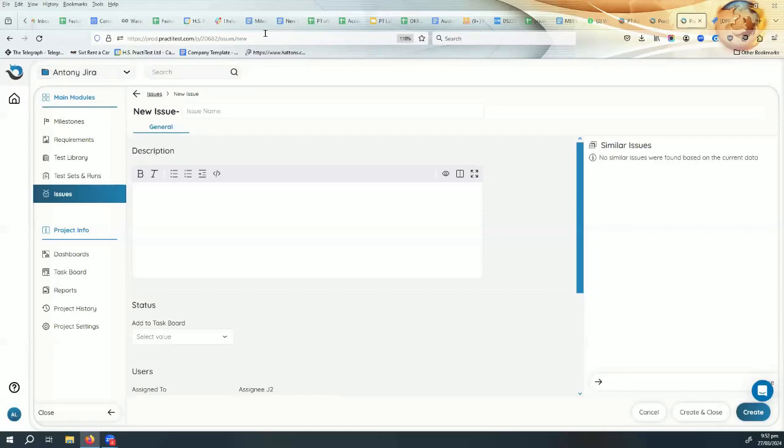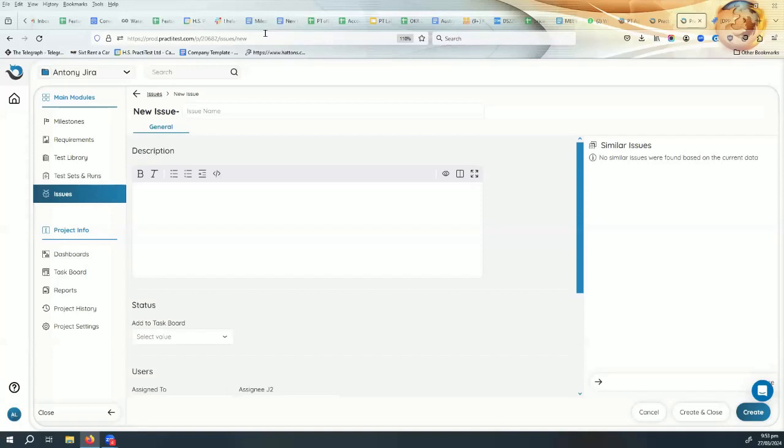Right, so I forgot to mention this. Part of the methodology of PractiTest is truth and evidence. And so the only time you can create a bug linked to a test case is via a run of that test case. So you actually have to run the test case first to be able to create a linked bug. As I said, that doesn't mean that you can't create issues, but you can't actually link an issue to a test case directly. What you would actually be doing to link to a test case, and this is a